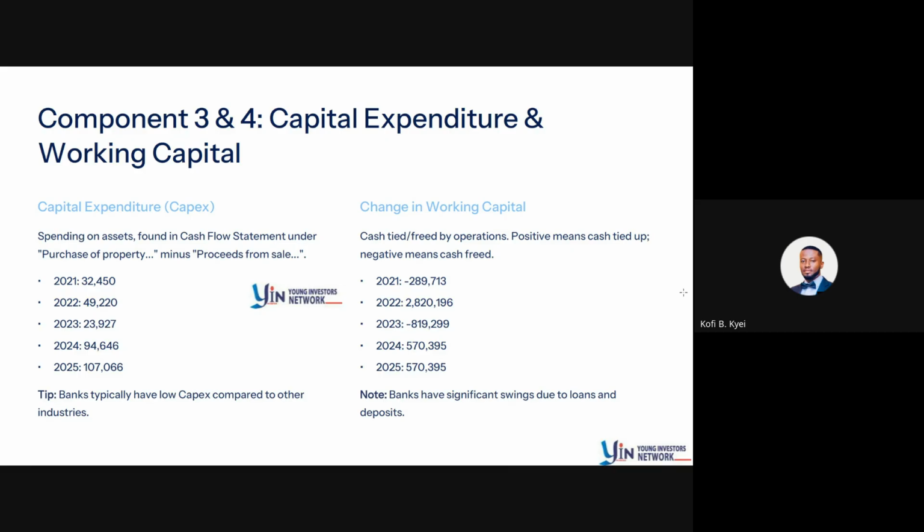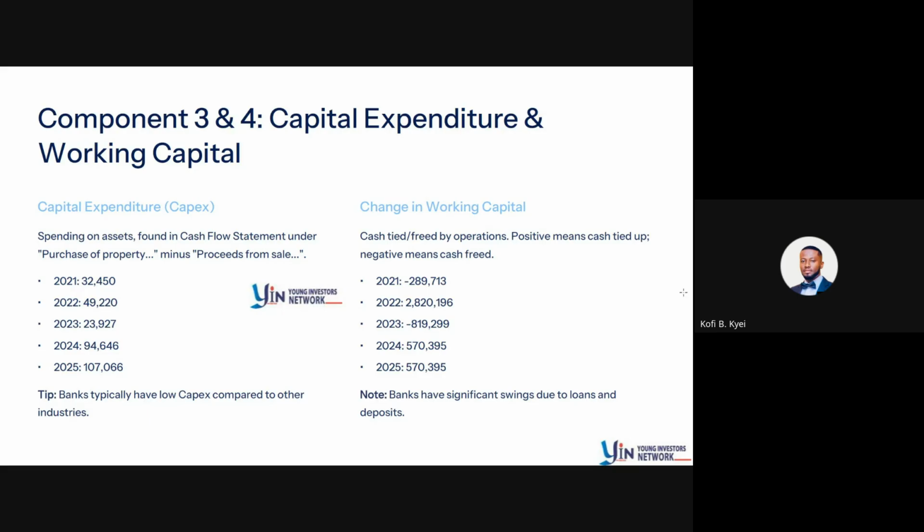And the change in working capital, basically, it is the current assets minus the current liabilities. This is a more simplified definition, but basically current assets minus current liabilities. And these are the figures also you can see. So from 2021, you pick them one by one, then as you go to 2025. Tomorrow, I'll be picking from the statement I shared with you, and we compare to this so that you can